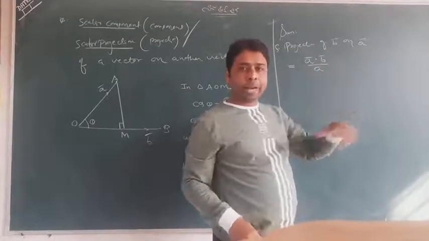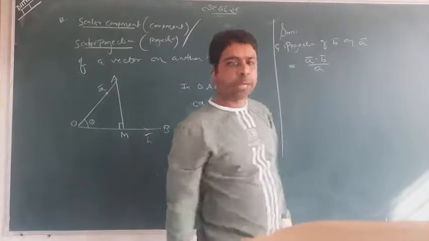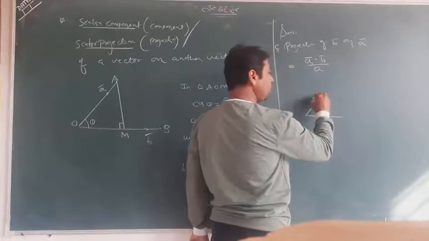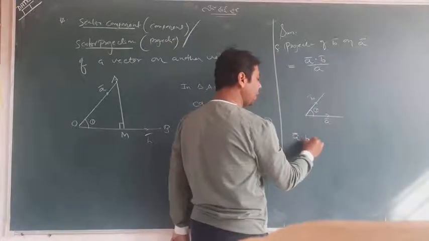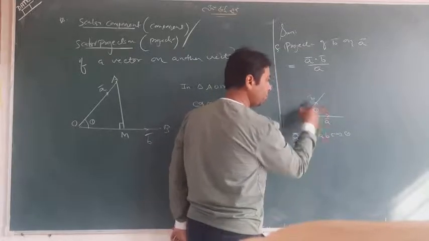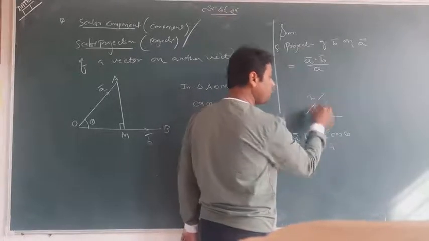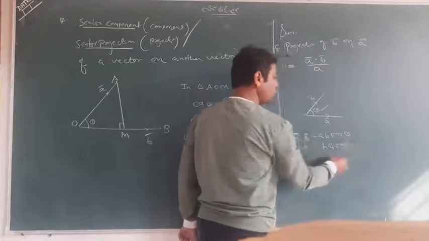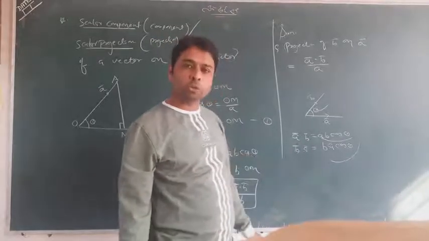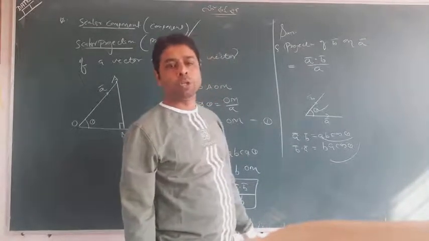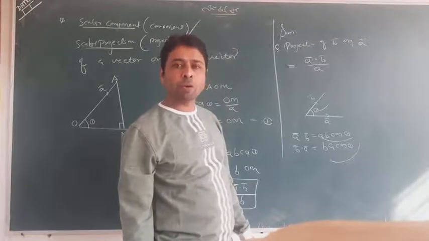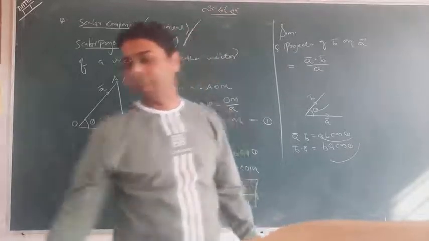About A dot B and B dot A, I want to tell you both are the same. Can you see? This is A, this is B, and this is theta. What do you think? A dot B I taught you is AB cos theta. So if I ask you what is B dot A, so mod of B, mod of A, again the angle between them is theta. So what you have observed is AB cos theta and BA cos theta are the same. So A dot B and B dot A are also the same. It's no matter at all what you are finding. So order is not important in the case of the dot product. You can write A dot B, you can write B dot A, both are the same. So remember that also.